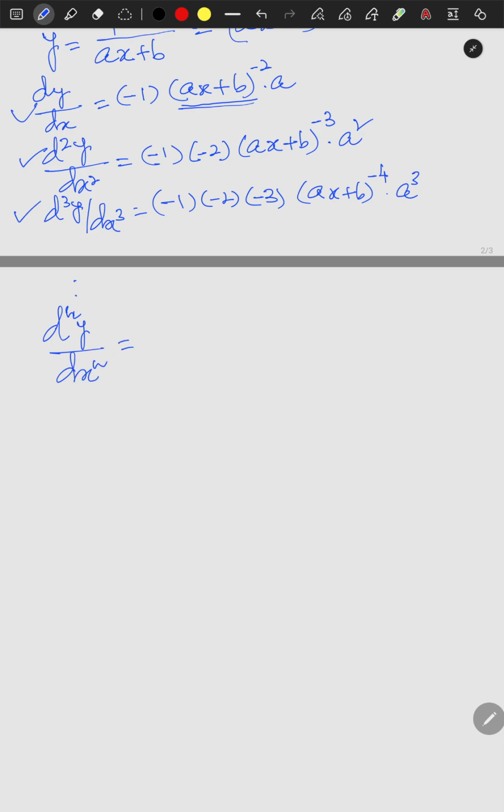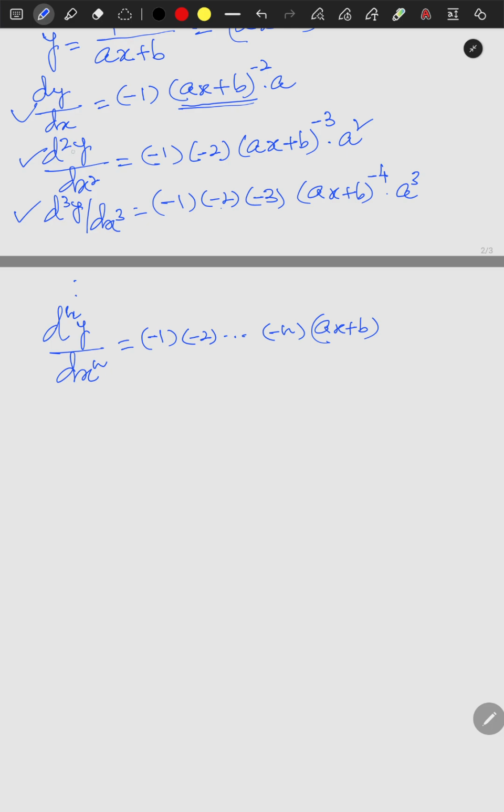Okay, so you can see that if you are finding the third order derivative, you are having minus 1 minus 2 minus 3. Second order derivative, we are having minus 1 minus 2. So nth order derivative, we are having minus 1 minus 2 and up to minus n, and here we are having ax plus b to the power